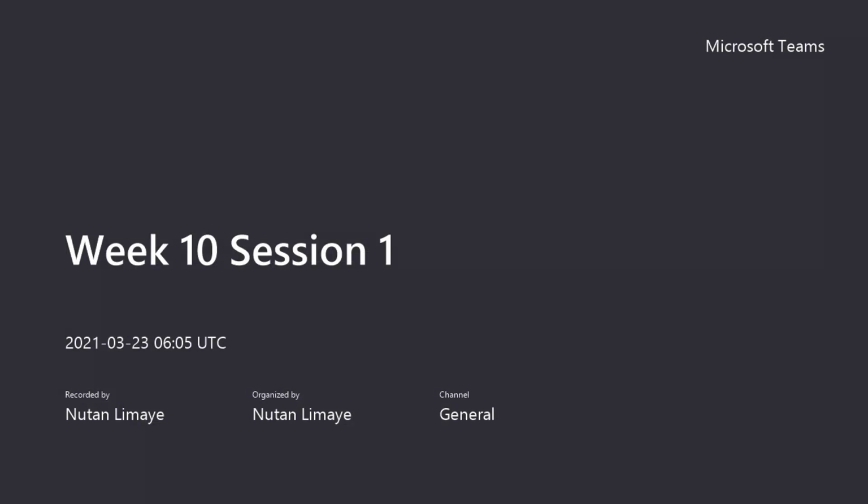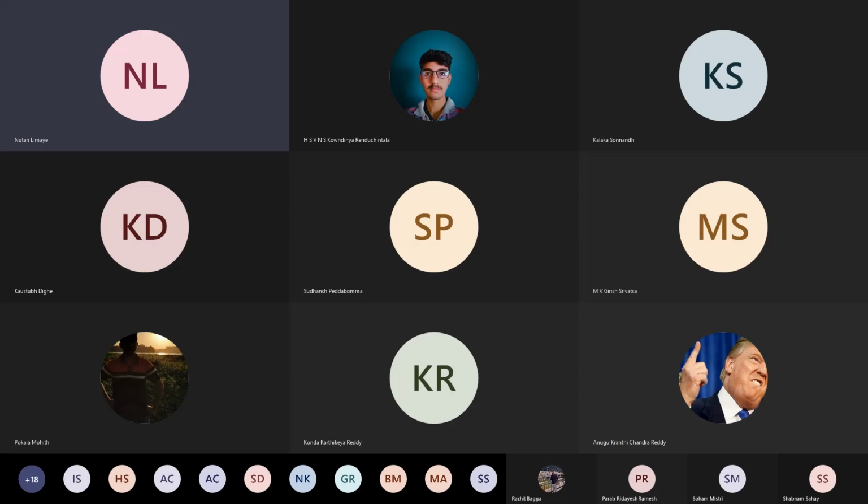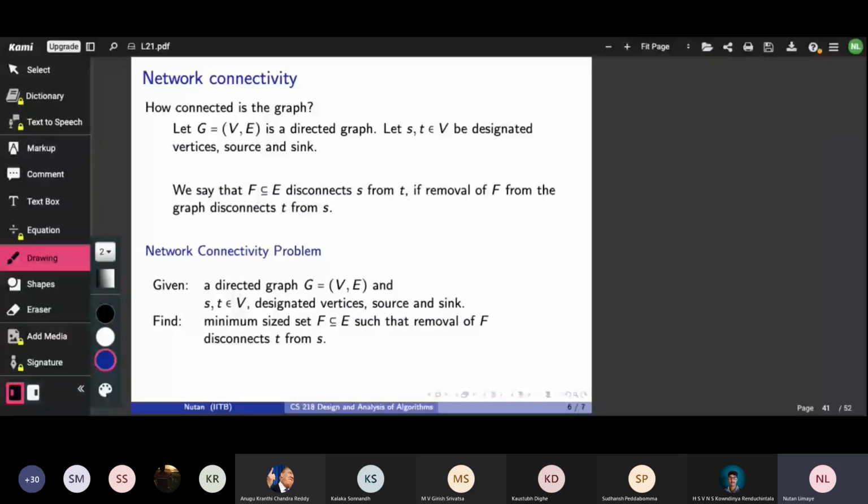In the last class, we saw two applications of the Max-Flow-Min-Cut theorem. And the second application was done almost in the last 5 minutes of the interaction. So I thought I should just go over it one more time. I'm sure all of you have already looked at it and may not require much more explanation. But let's do it one more time.